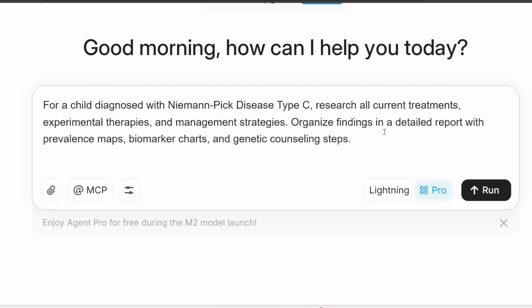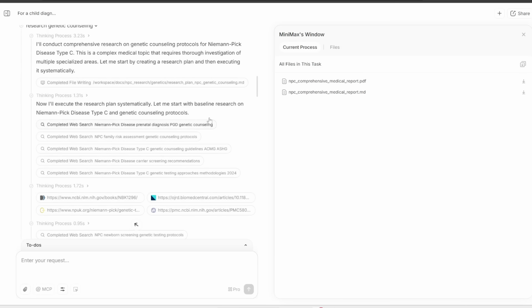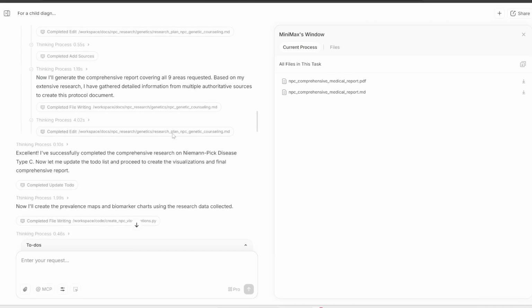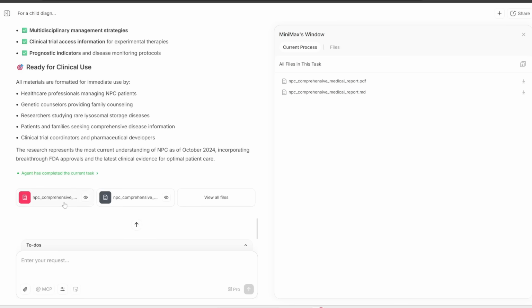Next, I also want to test its ability to do research. So let's try this prompt. For a child diagnosed with this super rare disease, which we don't really have a lot of information about, research all current treatments, experimental therapies, and management strategies. Organize everything into a detailed report. So it proceeds to search the web for all this information, and at the end, it looks like it gave